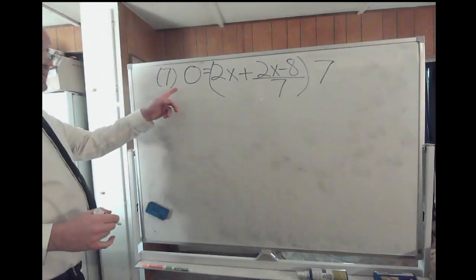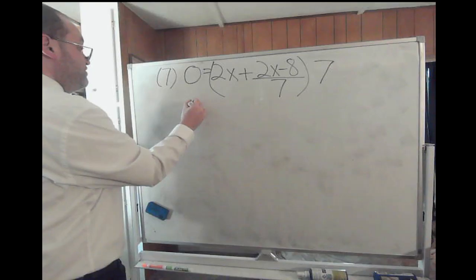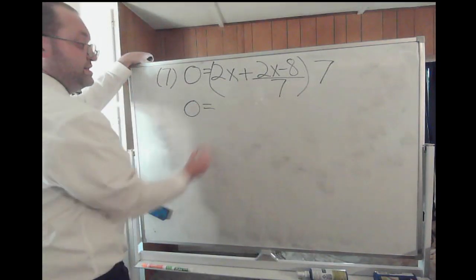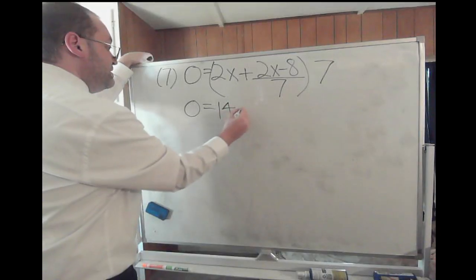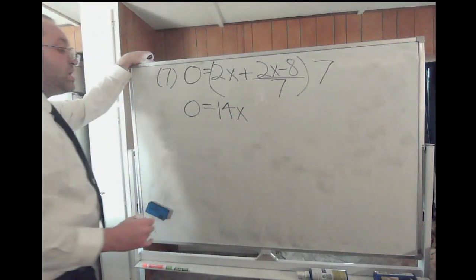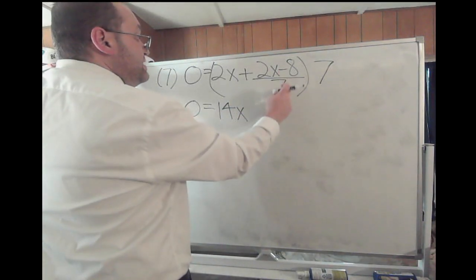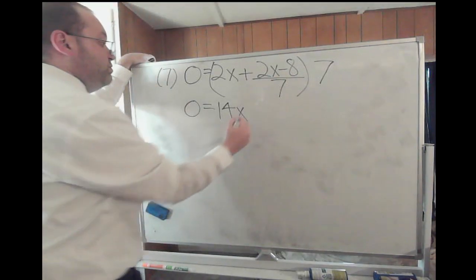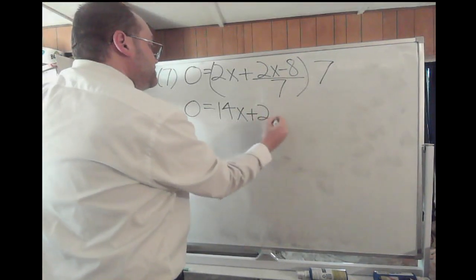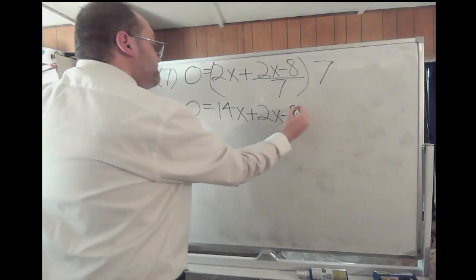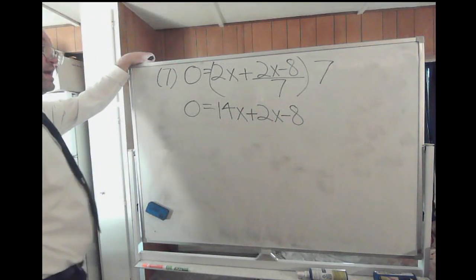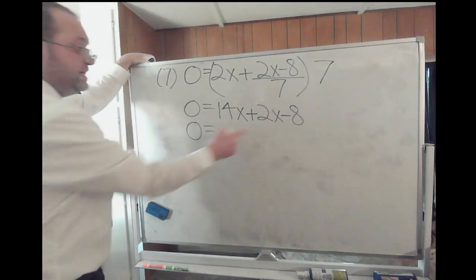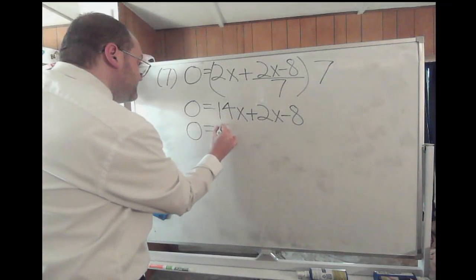So on the left side, 7 times 0, that just gives you 0. The right side, 7 times 2x, that gives you 14x. Alright, now you have 2x minus 8 over 7 times 7. 7 divided by 7 is 1, so you have 14x plus 2x minus 8. Alright, well, we still have 0 on the left-hand side. That's going to be equal to 14x plus 2x. That's 16x